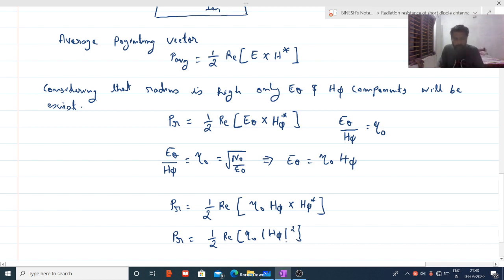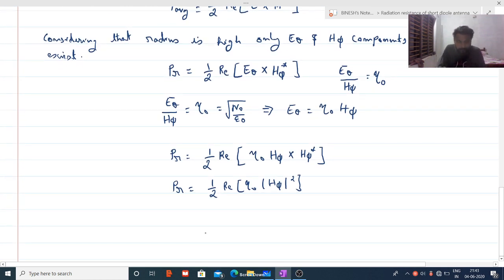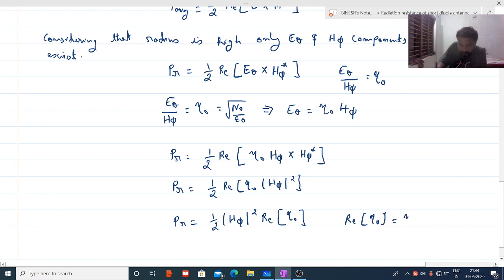Or in general PR is nothing but 1 by 2 into H phi square into real part of eta naught. In general, the real part of eta naught is nothing but eta naught itself. So I can write